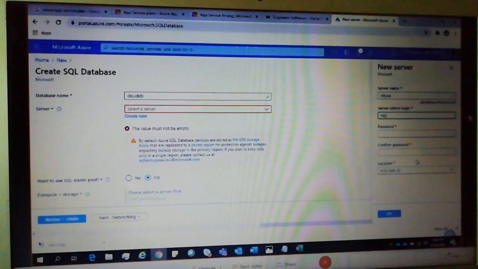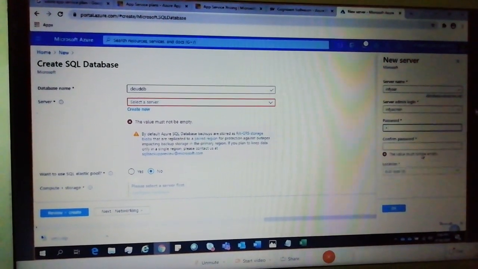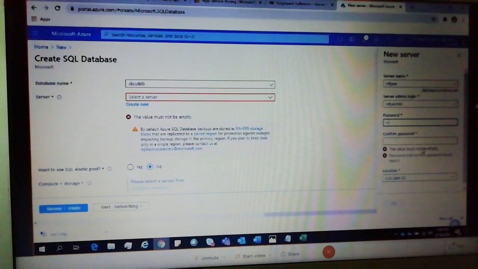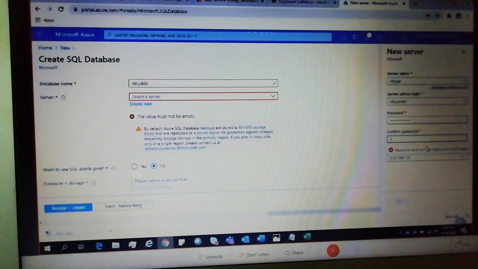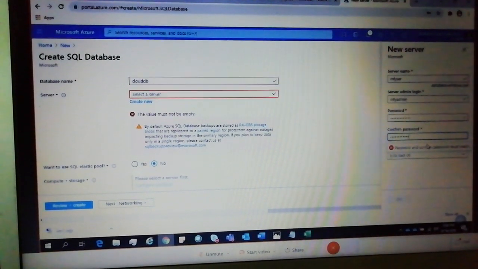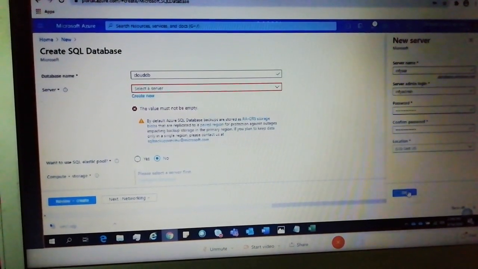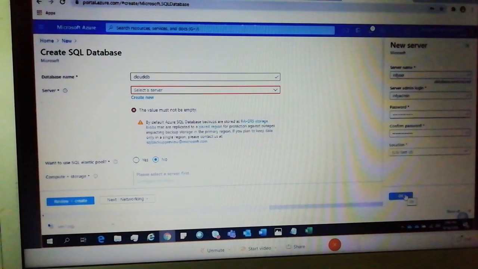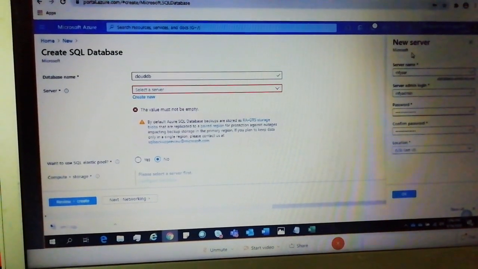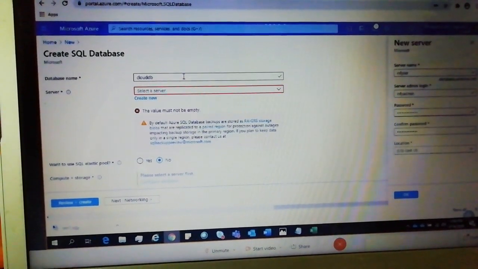The server, right? So I'll say admin with some this, right, and I will say East US, right, and I will say okay. Please remember, whenever you are going to deploy, whenever you are going to provision a server and database using this